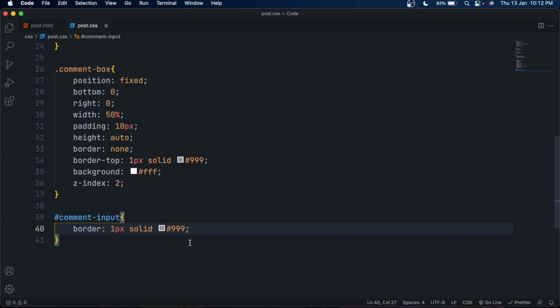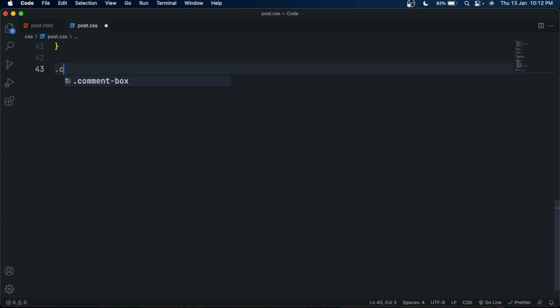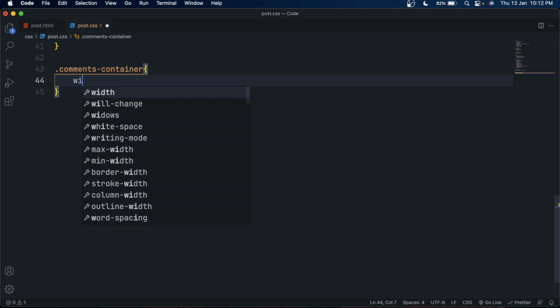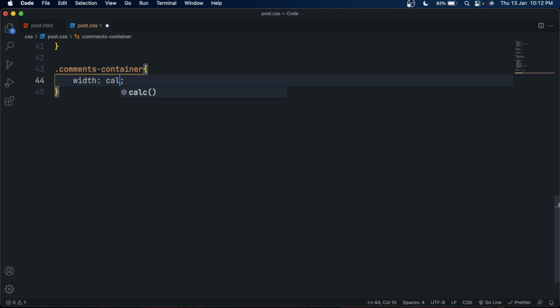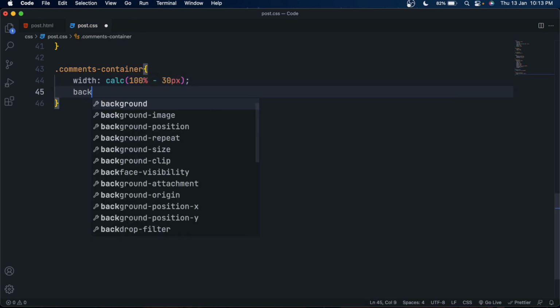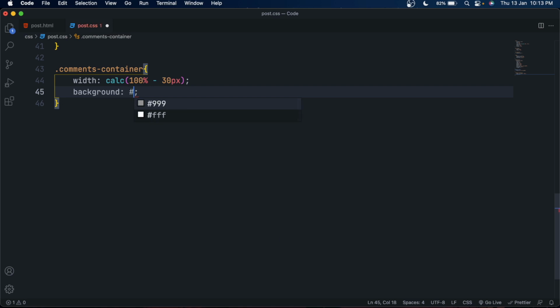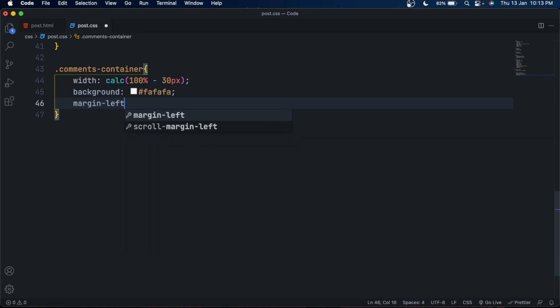Now here select the comments container, set its width to this calculated value. Calc is a CSS function to calculate some values, and here I am setting its width to 100% and adding 30 pixels. So it should not be the negative one, it should be the plus sign.